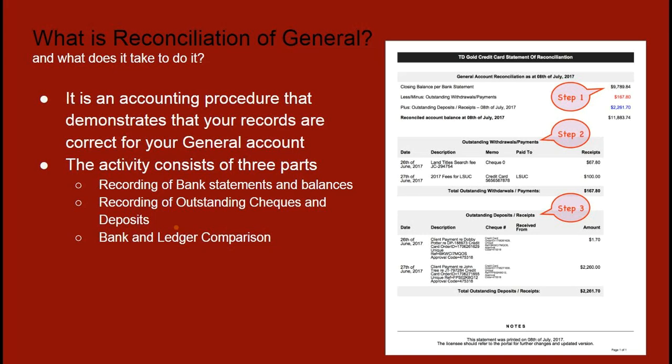A client provided you a check payment to be deposited into your general account. So you did the work. It was a $565 invoice. You sent the client the invoice. They mailed you $565, and there was a check. Okay, and you called them and they said, hey, I've already sent you the check. Now, knowing that that check is coming, maybe you were very proactive and you went into your bookkeeping system and entered the $565 as client payment. Okay?